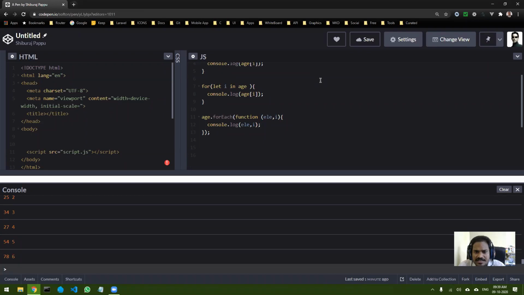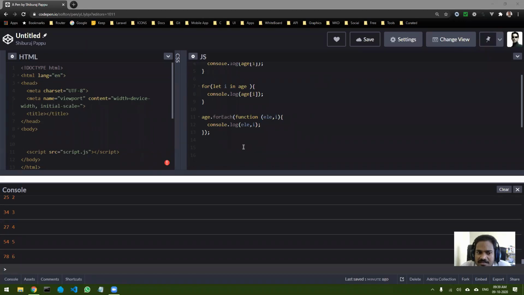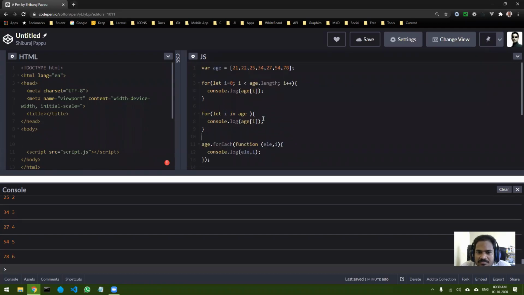Shabina Sheikh is asking, sir, can we pass an id or class as an argument? Where is an id and class? Where have I used an ID or a class? Shabina, I didn't get your question.